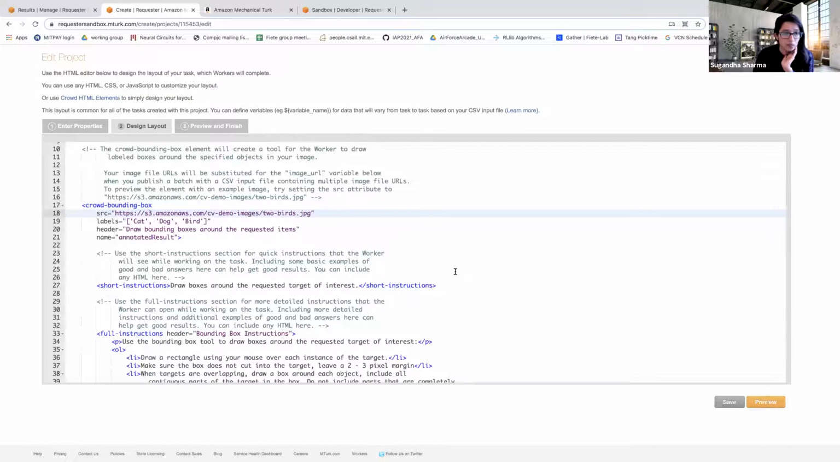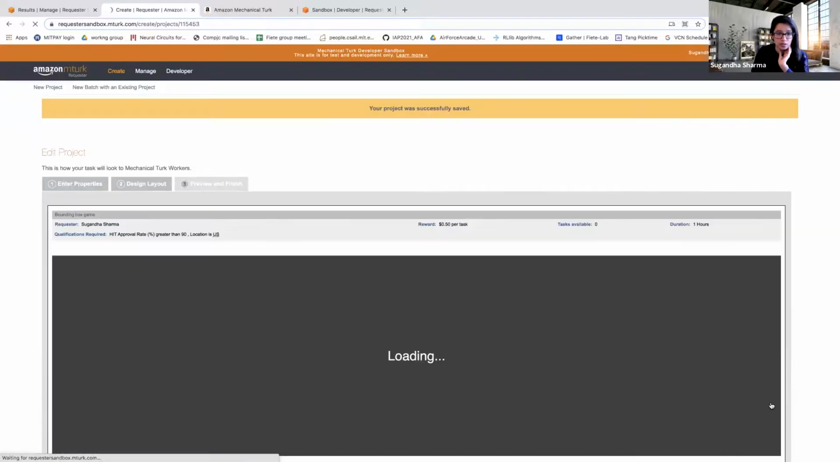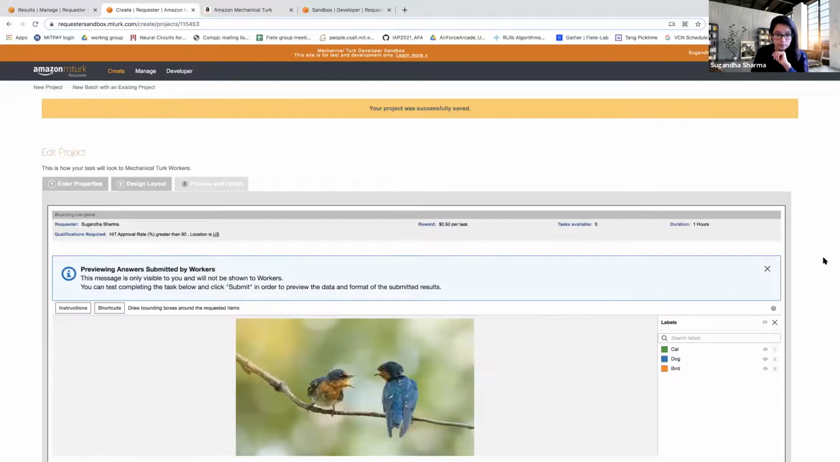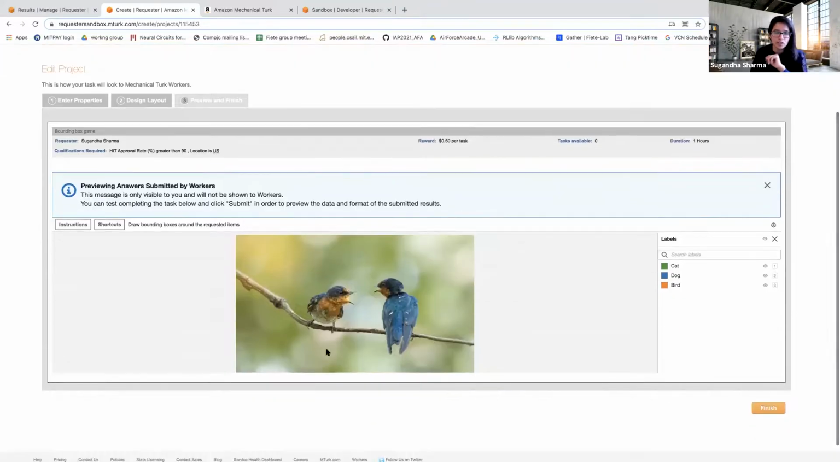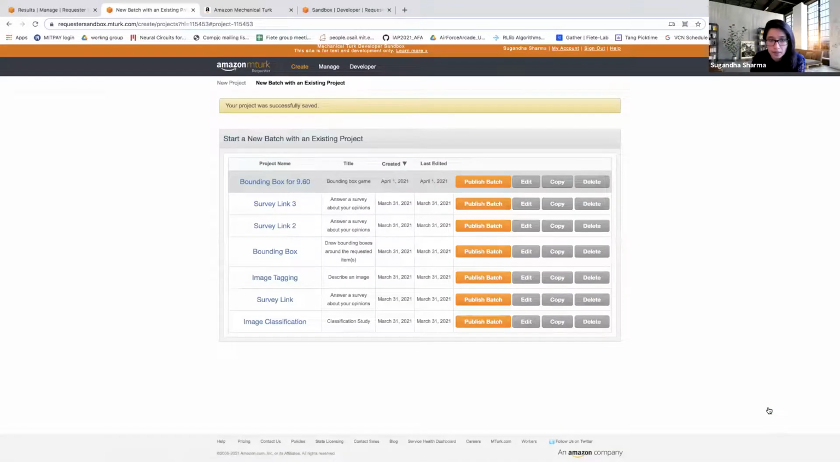And what this will do is fetch the image at this particular URL. So we can preview this and see what it looks like. We can see that it fetched this image of two birds. And then we can click on finish. And that basically created our project, right? So now our project has one hit with one image,